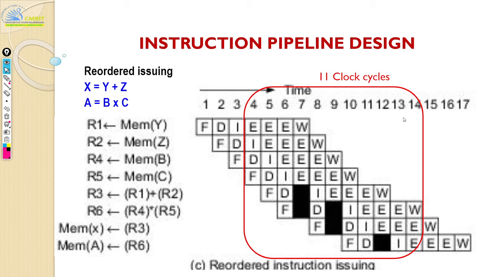Okay, but it comes at a cost. Somebody has to do the reordering, right? There has to be some intelligence. Somebody has to say, okay, you reorder it this way, and now we are going to see how that will be done in the subsequent topics. Okay, clear so far? Is this clear?